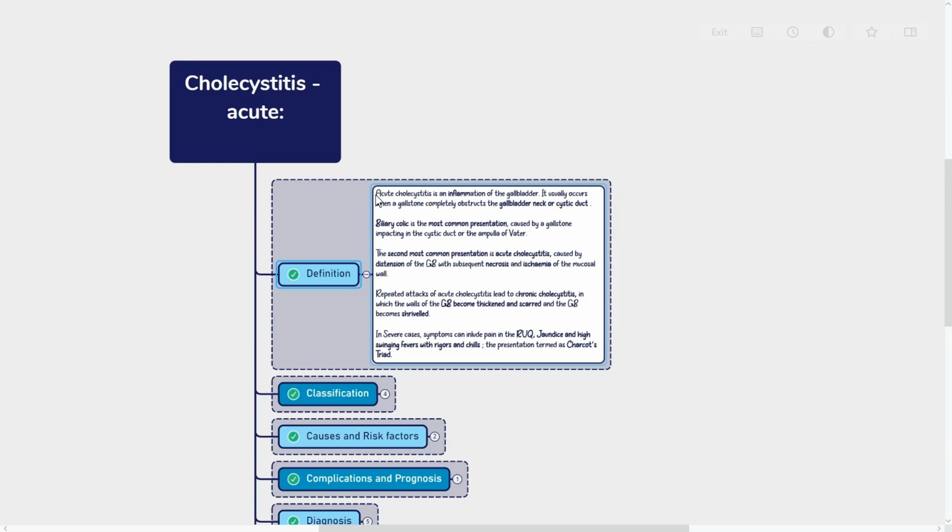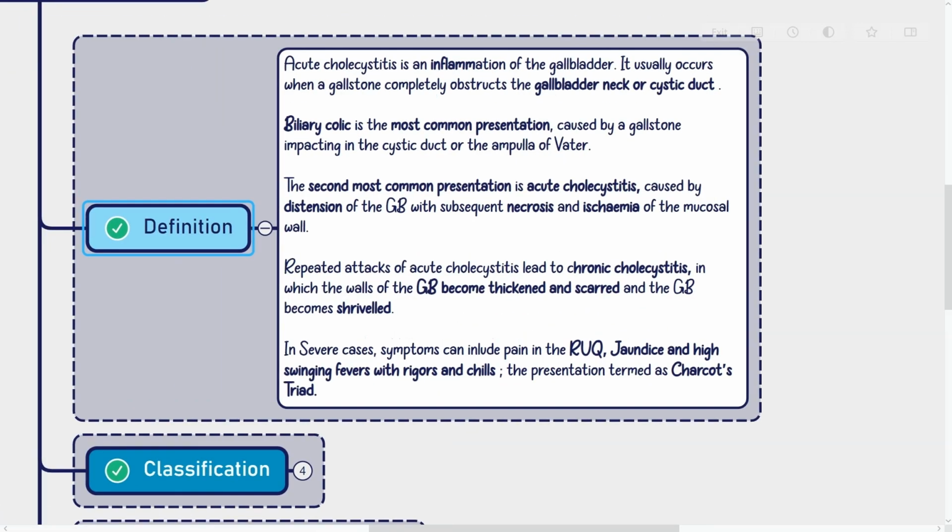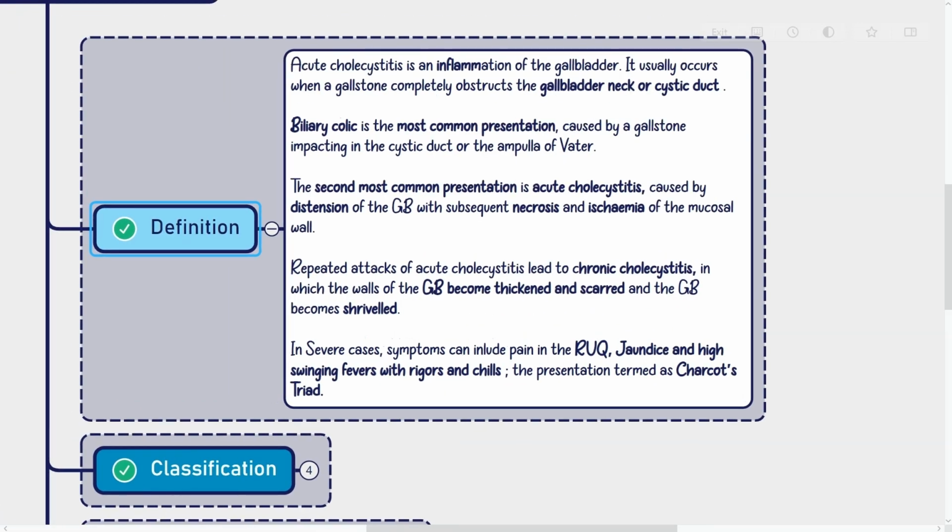Acute cholecystitis is an inflammation of the gallbladder. It usually occurs when a gallstone completely obstructs the gallbladder neck or cystic duct. Biliary colic is the most common presentation, caused by a gallstone impacting in the cystic duct or the ampulla of Vater. The second most common presentation is acute cholecystitis, caused by distension of the GB with subsequent necrosis and ischemia